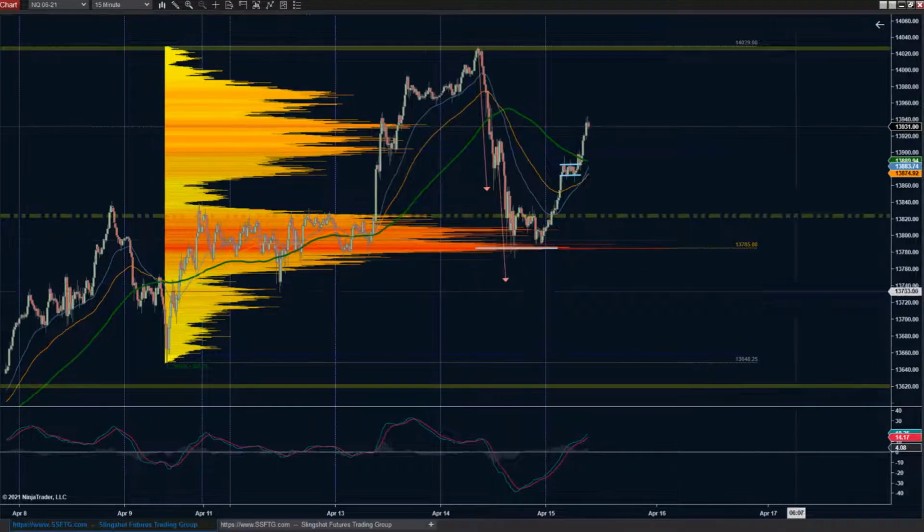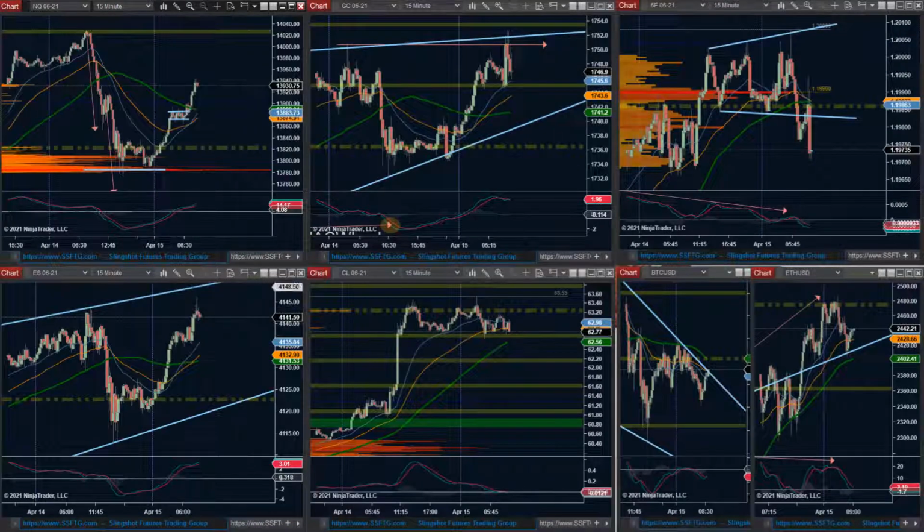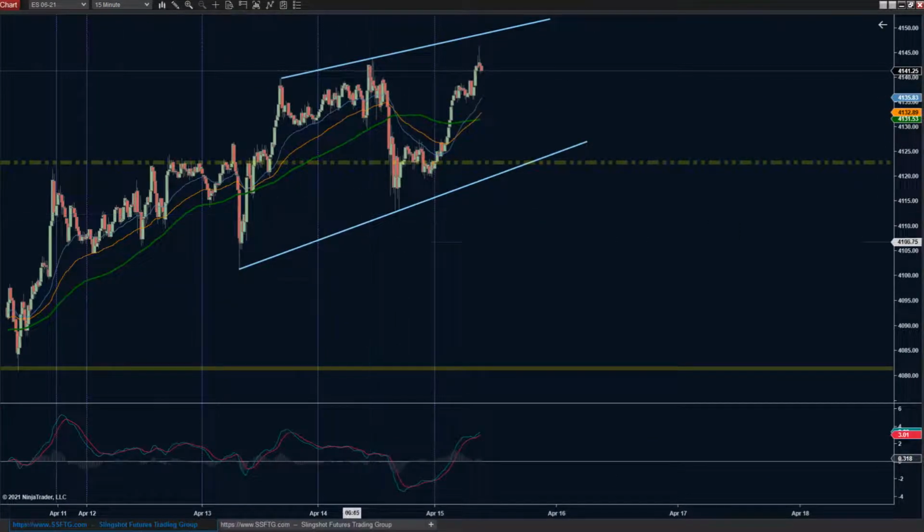What a shock, right? So we finally got a halfway decent pullback on the NASDAQ and the S&P and kind of everything, and it immediately bounced right back up again. And from the S&P's perspective, we had a really nice pullback. It tested the bottom of the channel almost to the tick and then ripped right back higher. They haven't made it back to the new highs. They haven't made it to a wedge high.